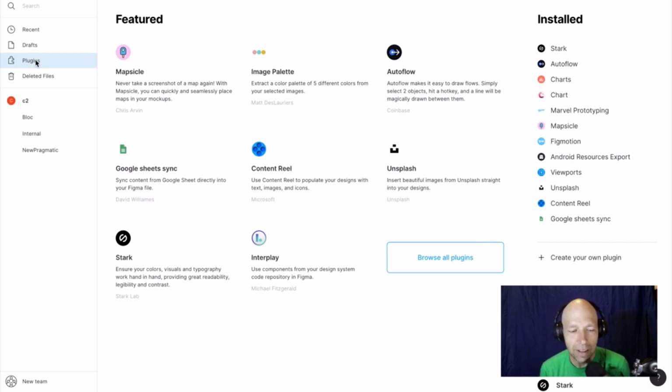Figma plugins are absolutely amazing. I'm going to be focusing on several today, and as you can see, there's a lot up here that's featured. And honestly, this featured panel actually has several of them that I want to talk about today. If I go too long, because I'm only going to go for an hour today, if I go too long